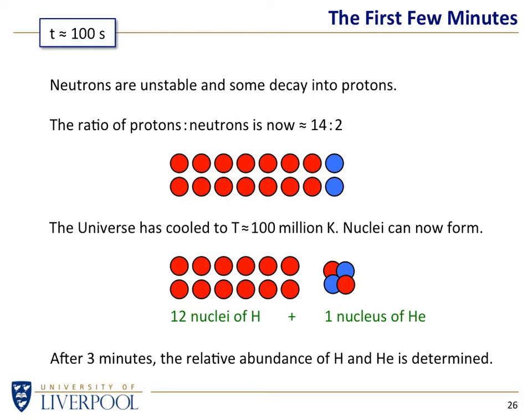So if we look at that, what we should find is that in terms of counting circles, we should have 12 hydrogens for 4 heliums in terms of how many objects we have. In other words, each of these is roughly the same mass, a neutron and a proton. So in terms of mass, in terms of kilograms, what should we see if we look out into the universe? We should see 3/4 of the universe is hydrogen and 1/4 of the universe should be helium.